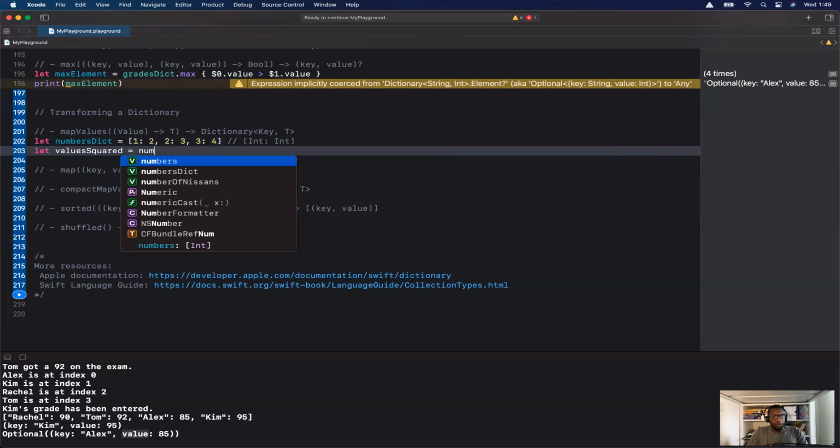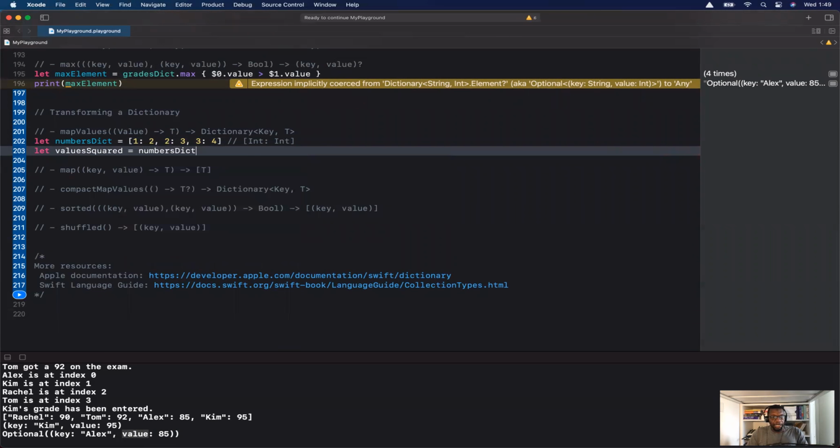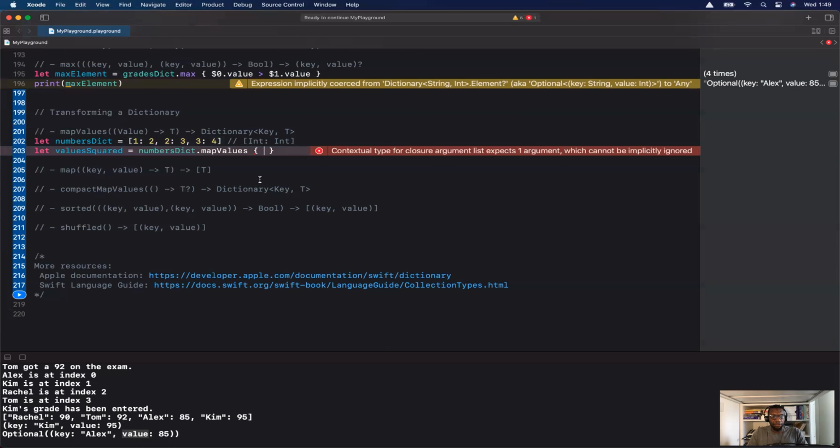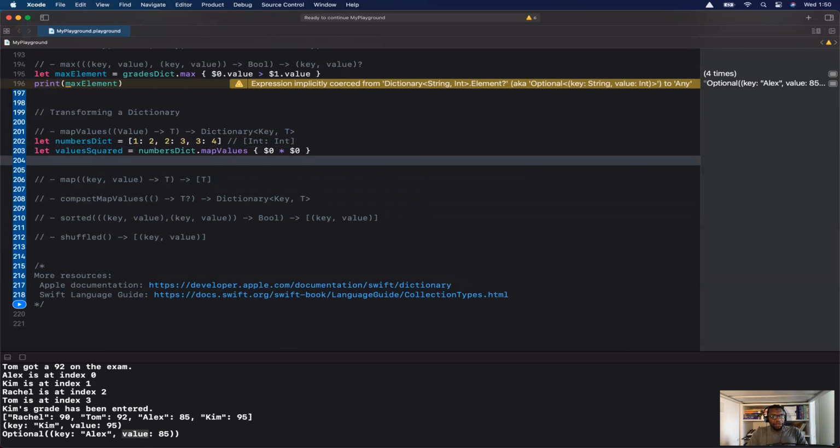So what we're going to do is numbers dict dot map values and use the same closure syntax. The reason why we do this, because if you see here, it takes a closure. Again, we'll explain what closures look like as we keep going. So map values here, what I want to do is say for each value, just go ahead and multiply it by itself. Okay. And now if I go ahead and print my value squared, if I option click on value squared